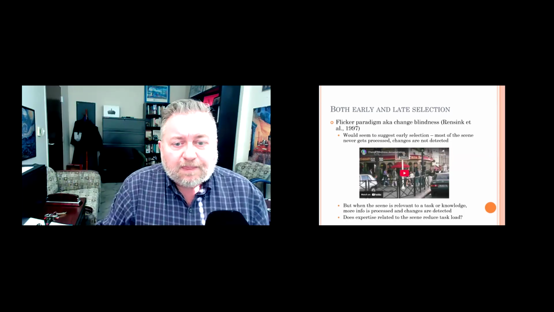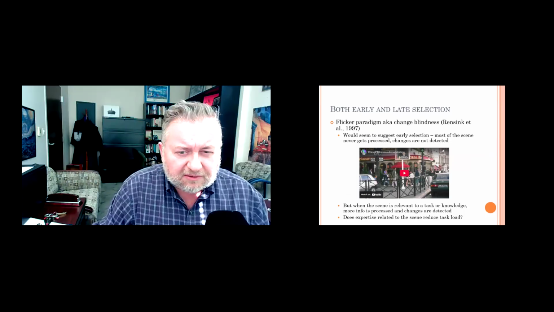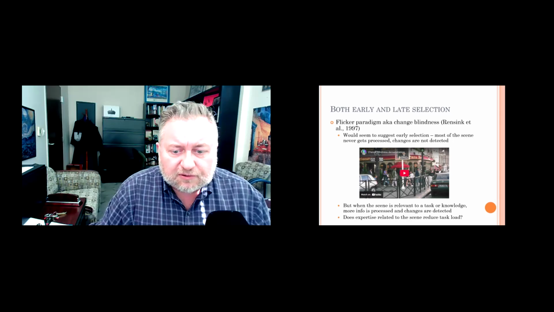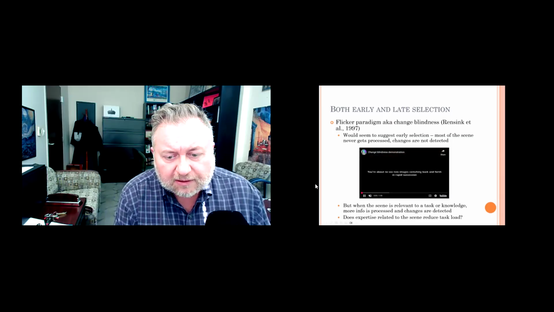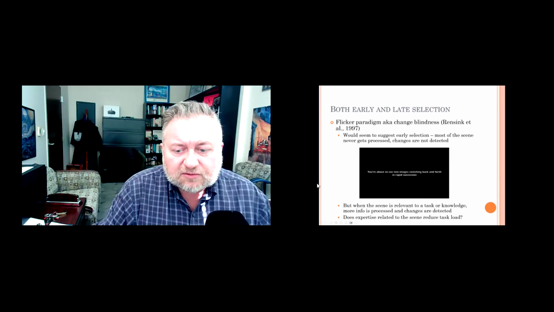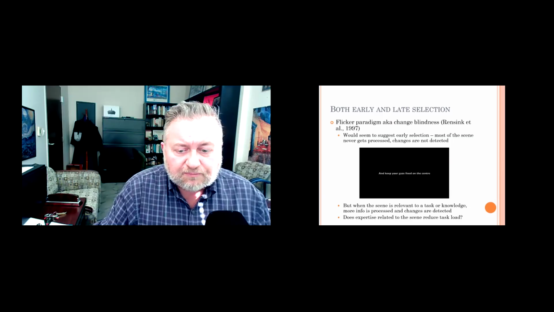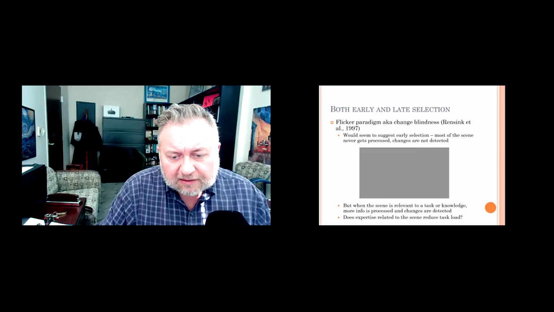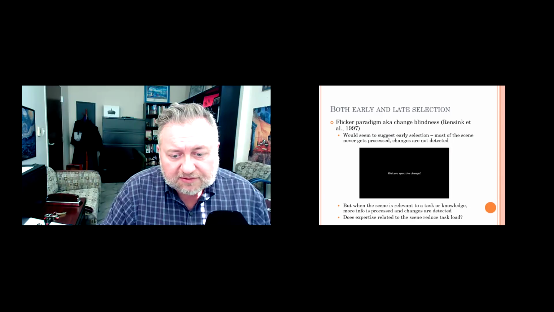Here's another example that is used to illustrate some early and late selection, and maybe we can think about resources a little bit here. So this is called change blindness. And so it goes back here to the late 90s, called the flicker paradigm. And what's going to happen, and I'll just go ahead and start the video and talk over it here, is you're going to see two images switching back and forth in rapid succession, and if you can spot the difference between them. So the task is you have to keep your eyes fixed at the center. It doesn't even necessarily matter if you don't just keep your eyes fixed. You can scan a little bit and move your eyes around.